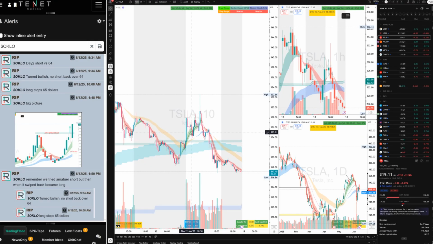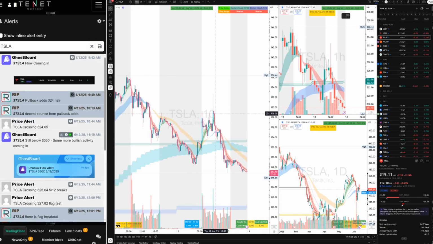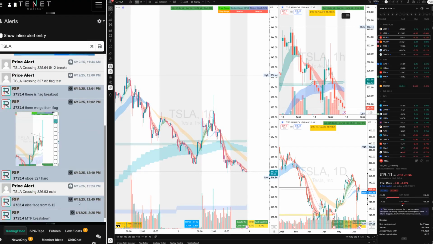It pushed higher, dipped. I told the traders to buy this versus 324. And there was some flow as well. Pullback at 324. You see that the 324 was your risk, and it kind of held that level. And then we were on news, Trump was talking, and it broke out the flag. It's not really a great setup today. You see the choppy candles. And once it broke the 512s, I told the traders to exit. You see that? Exit. And you can always short that, and then it faded all the way back.